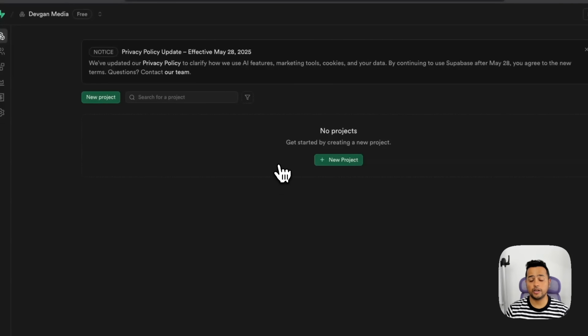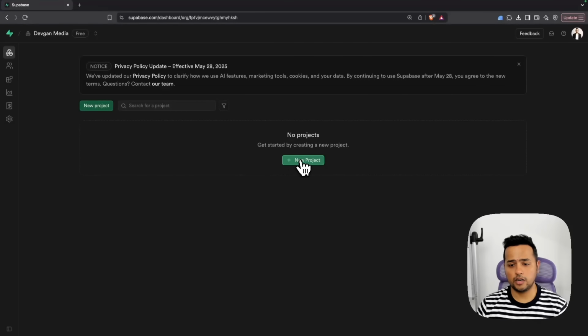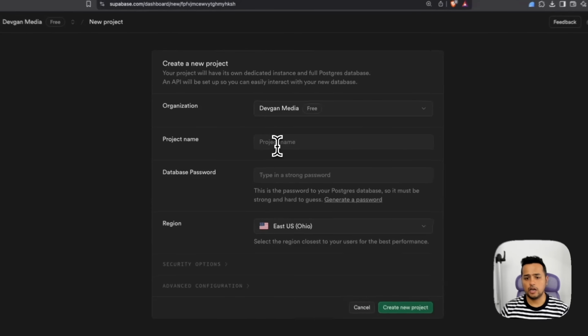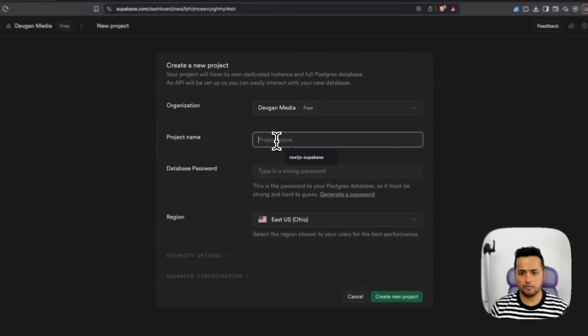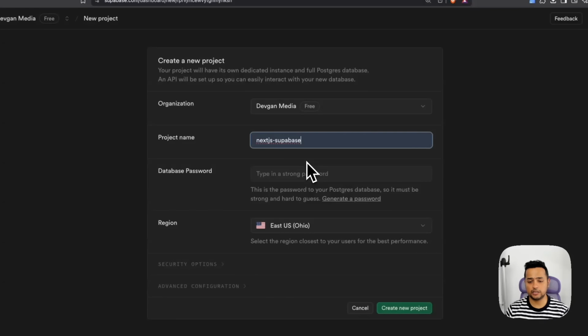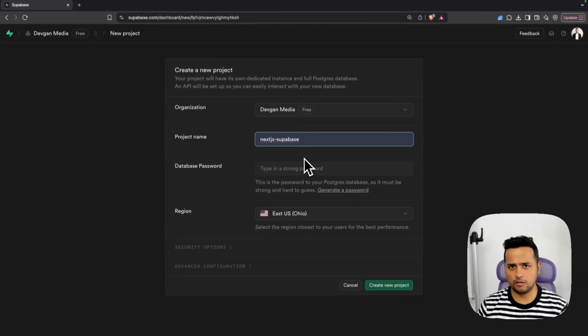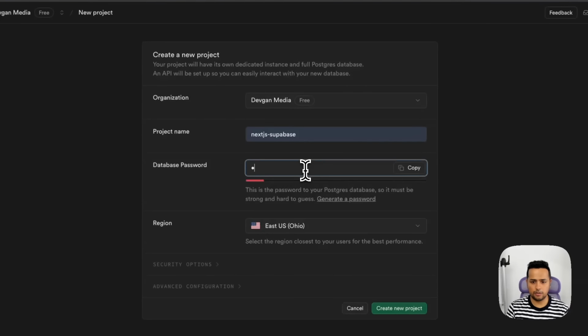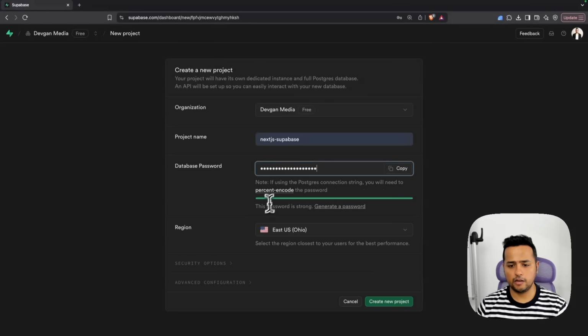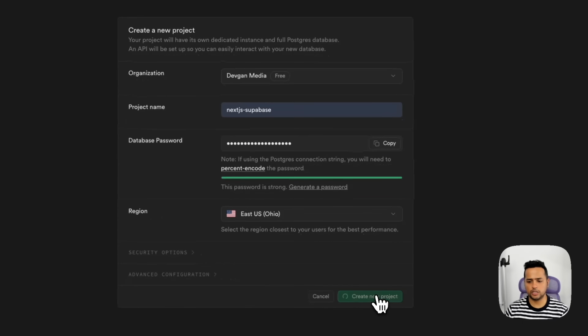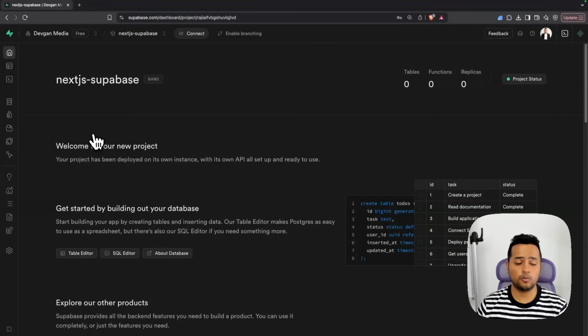And then once you are in the organization page, I will click on new project and then I will add a project name. For me, I want to name it Nextjs-Supabase, but you can name it however you want. I will enter my database password, and then we will not worry about the rest of the options like region and other security options. So click on create new project now,